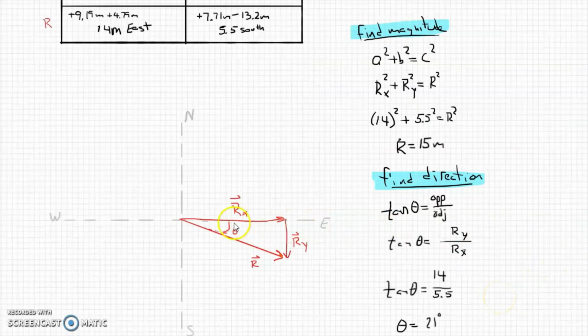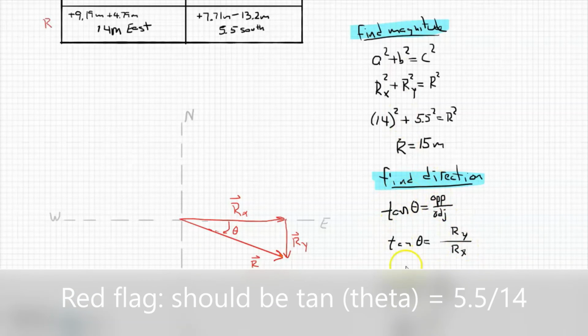Okay, to summarize, to draw the components for the resultant, in the x direction it looks like this. That's the 14 meters east, and then the 5.5 meters south is going to be this one right in here. The resultant is always drawn from where we start to where we end, in other words, the tail of the first one to the tip of the second one. To find the magnitude of this vector, we're going to use the Pythagorean theorem, because we have a right triangle. To find the direction, we can use a tangent function, because that works for the right triangle as well. And then to finally write up our solution, the response,